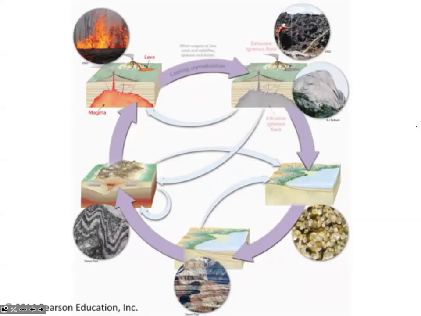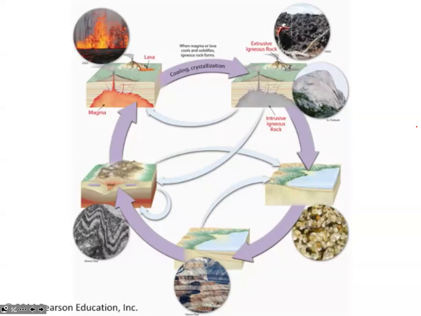If it's underground, molten rock is referred to as magma. If it is above ground, it's referred to as lava. What ends up happening is as it cools down and crystallizes, it produces igneous rock. The igneous rock can come in a couple of different varieties. It can be extrusive if it forms on the surface of the Earth, or intrusive if it forms below the